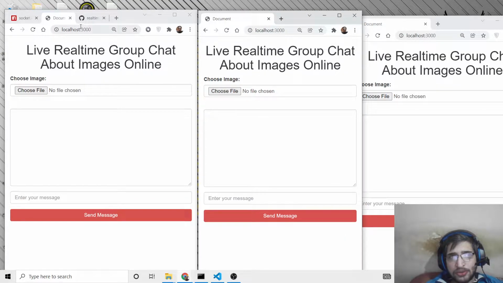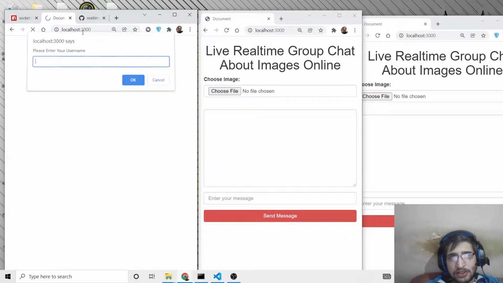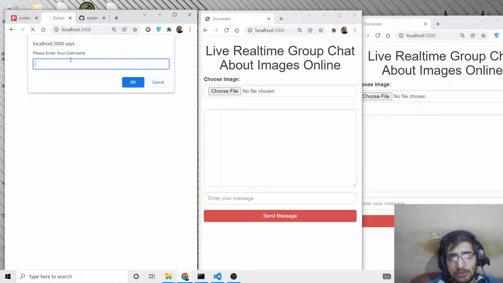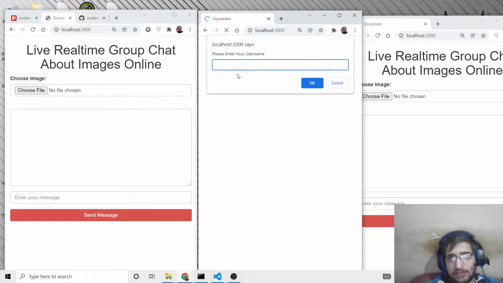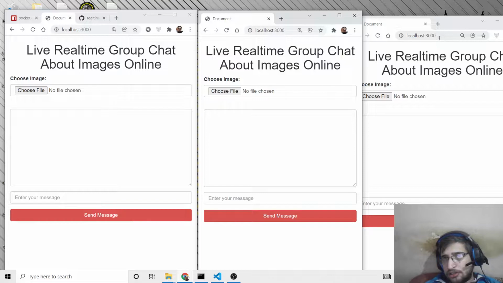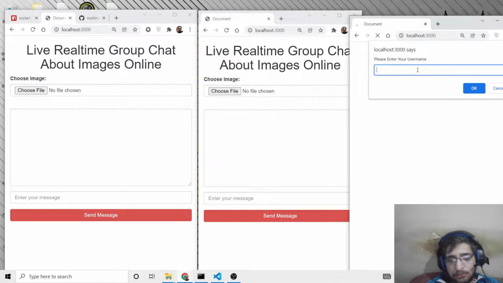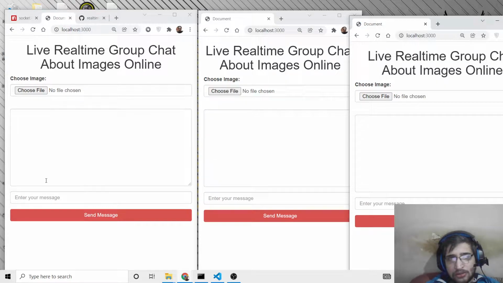Whenever you go to this application, or whenever you reload, it will ask for your username inside the group chatting application. You can provide any username. Let's suppose I provide John, so John will be set as your username. If I reload again, I can put another username, Latham. Again if you refresh, you can put another username, Suraj. Click OK. Now if I enter a message here and click send message,